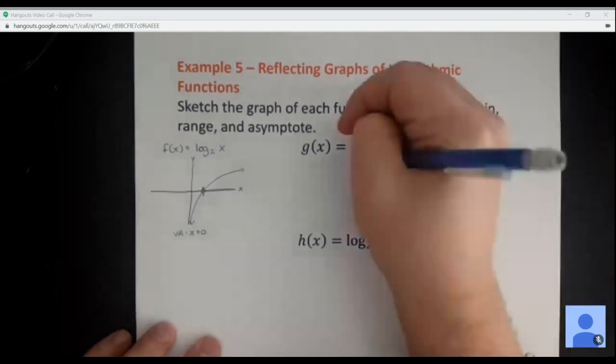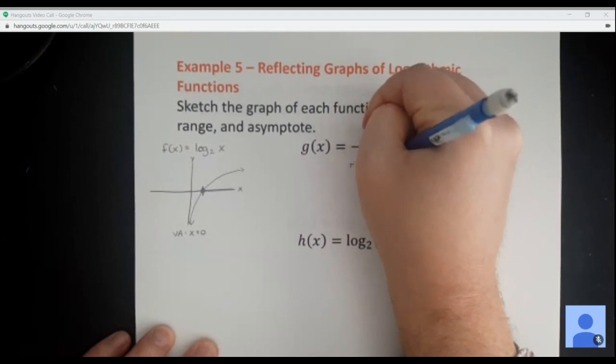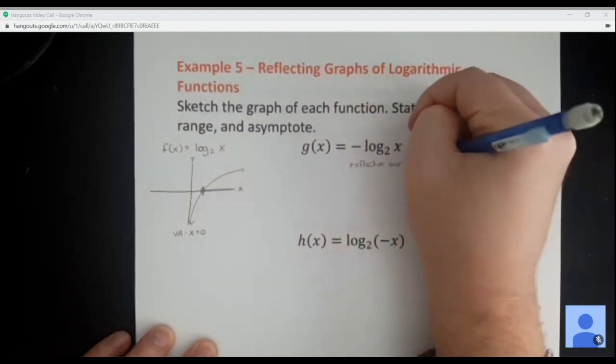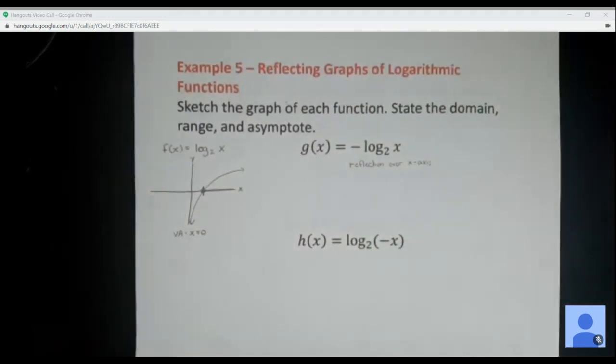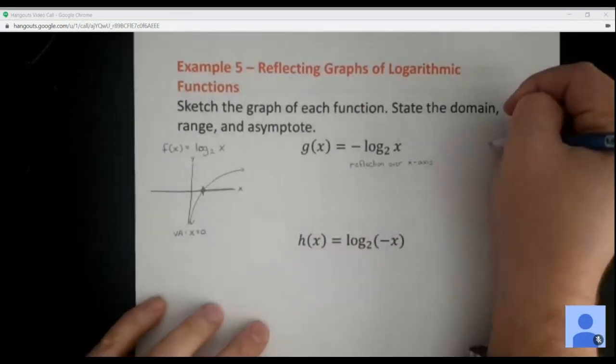Good, right? So this is going to give us a reflection over the x-axis. Okay, so just remember, if you have a negative, that's a reflection. If it's out front of the function, that's over the x-axis. So if I take this graph here now, and I reflect it over the x-axis,